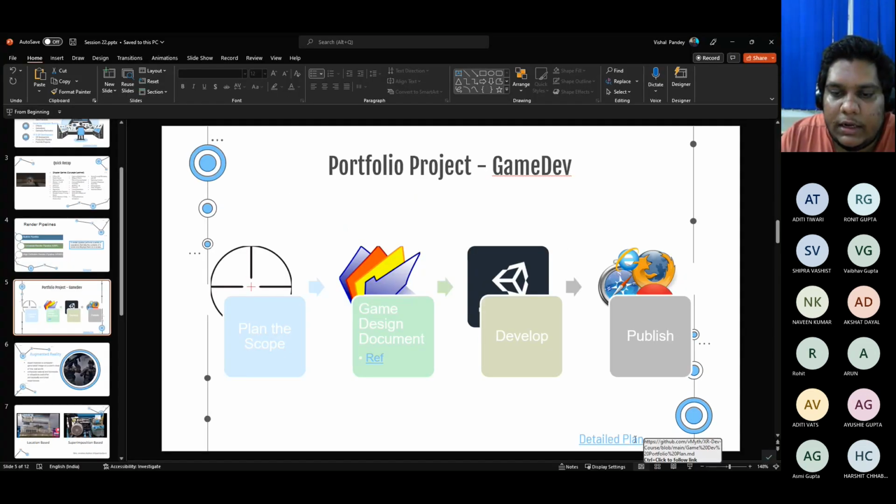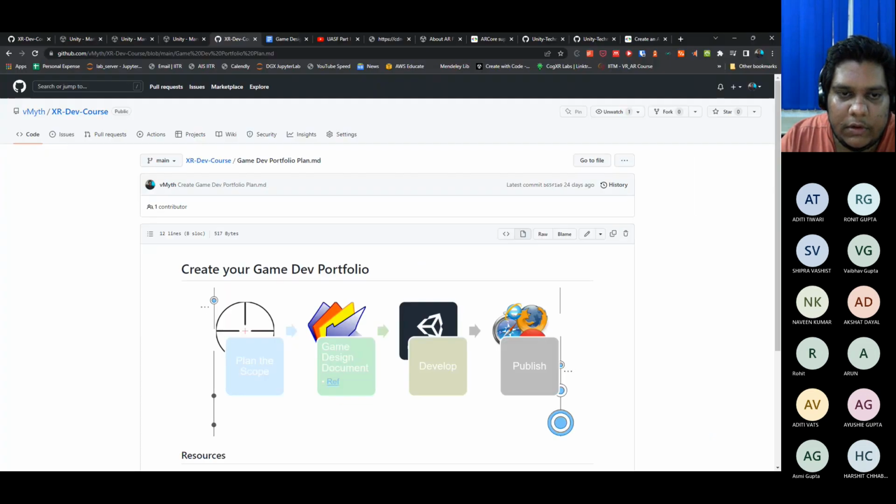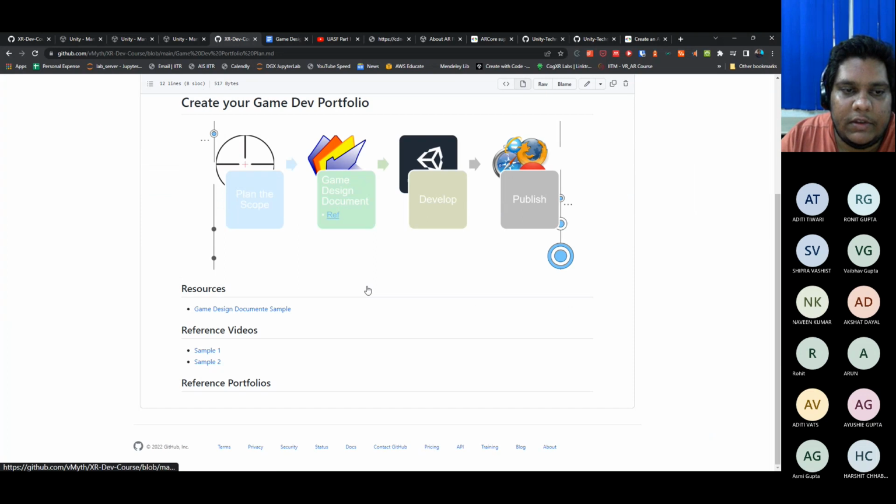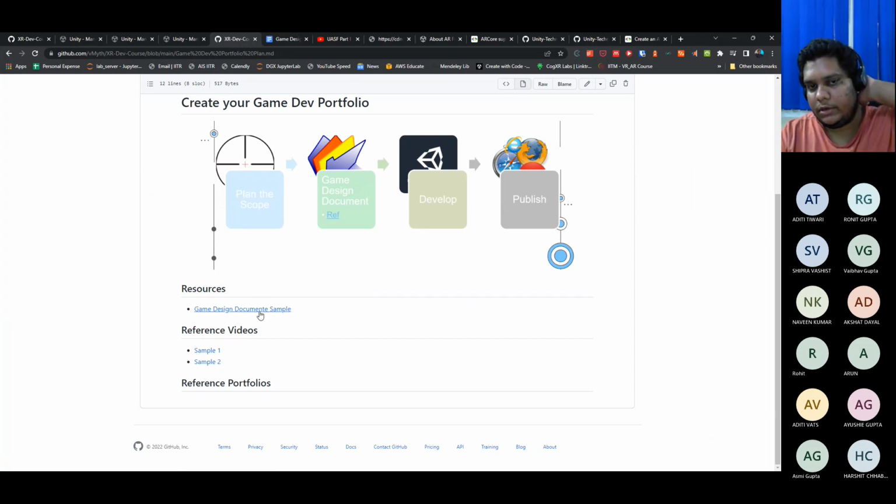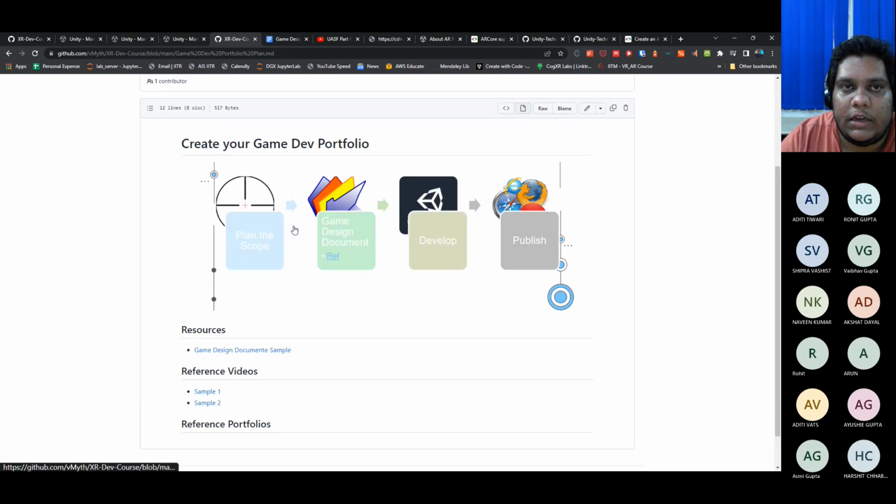So this link I'll share with you, which is also in this document only. I'll add more resources here, but this is what I have. I forgot to add a few, I found a few good portfolios of a few people, as well as companies. So I'll add those, but I'll share this with you then.